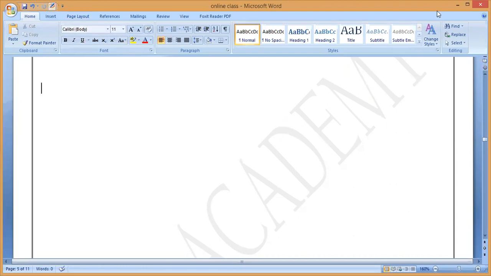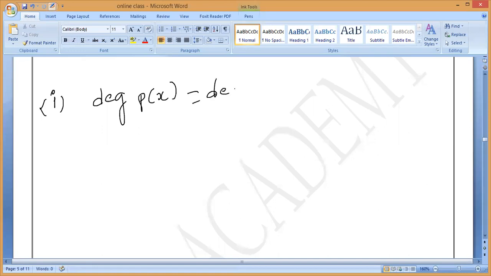So we have to take some examples in such a way that the degree of P of x should be equal to the degree of Q of x. That is what they are asking. You can write your own example, anything. You can write hundreds of examples. But finally, you should show that degree of P of x equals degree of Q of x. That's all they want. By practice only you will be able to solve this question.